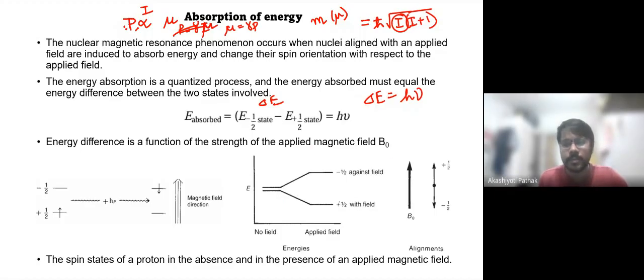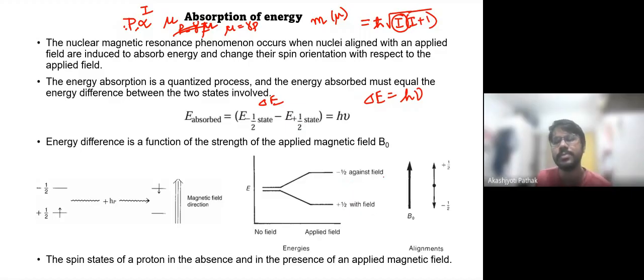So what you can see in this figure is that when no magnetic field is applied, all the spin states are degenerate. They have the same energy. Now, when you apply an external magnetic field, we get two different spin states. One is the lower energy state, which is called plus half, and the other is the minus half, which is